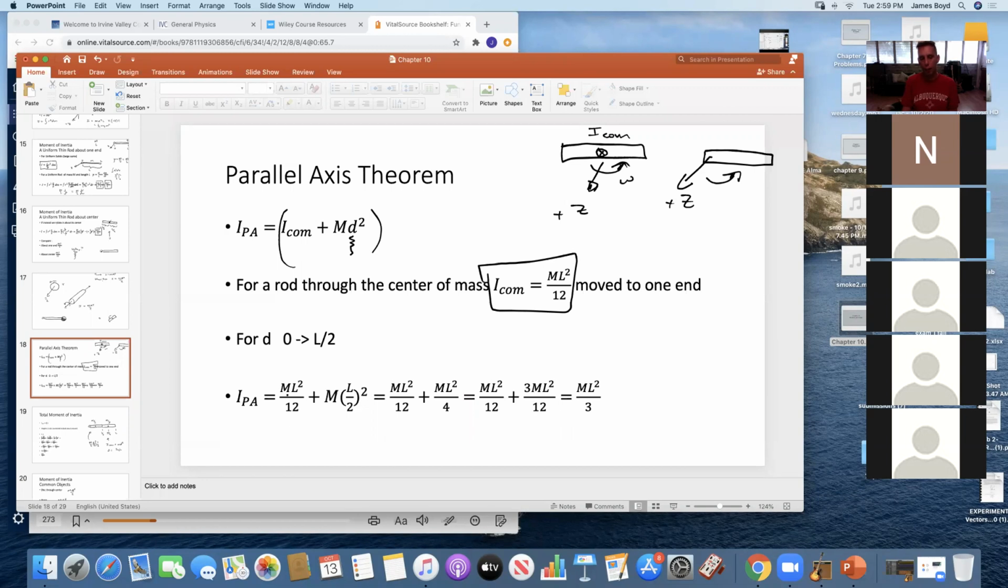We moved a distance of half the length, L over 2. If I plug that in, I get the center of mass is ml squared over 12. I add m times the distance I moved the axis, in this case L over 2 squared, or L squared over 4. If I multiply this by 3 over 3, I get 3/12. If I add those together,